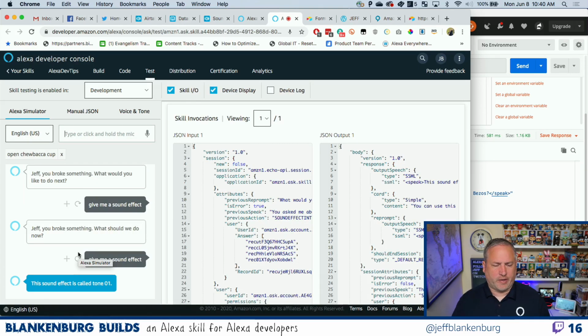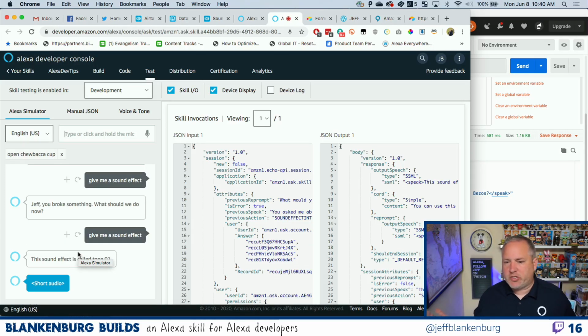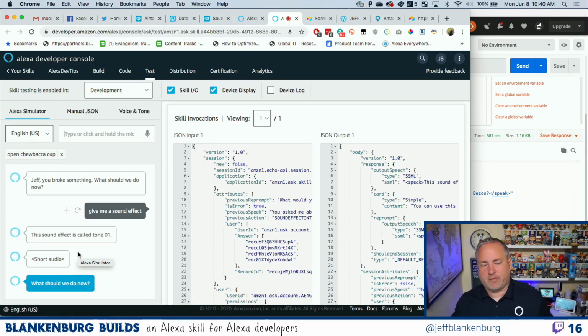This sound effect is called tone. So I was trying to, remember we just talked about sending an alphabetical pair in and being able to do that stuff. Well, if the field doesn't exist, even though record ID is a thing and it always exists, you can't query against it unless you've actually made it a table or a column. So that's fixed. So that one's good.